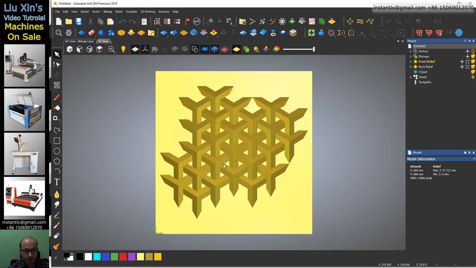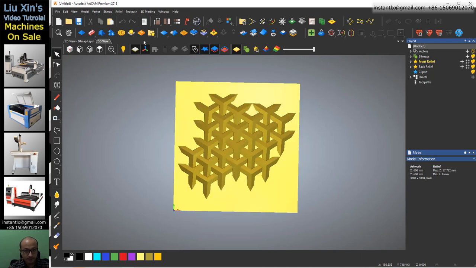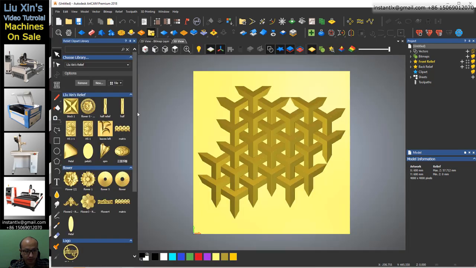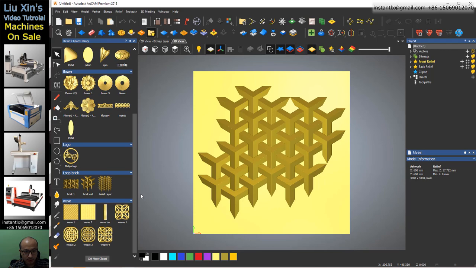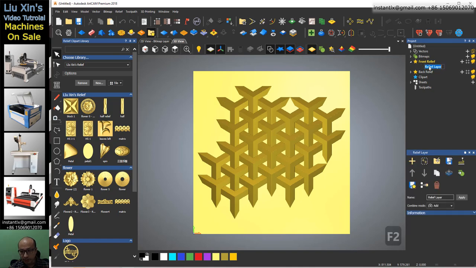Top view and we open the relief library. We rename this layer to this and we move it to the library. So we found it here. So now we go back to